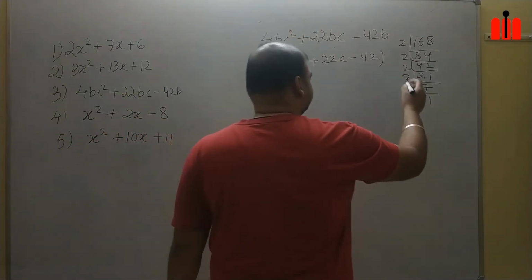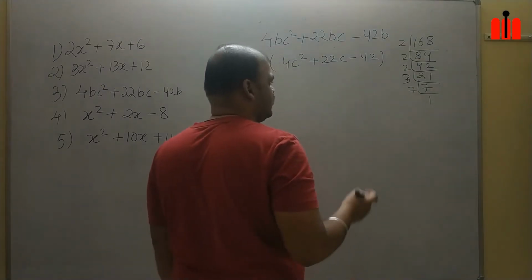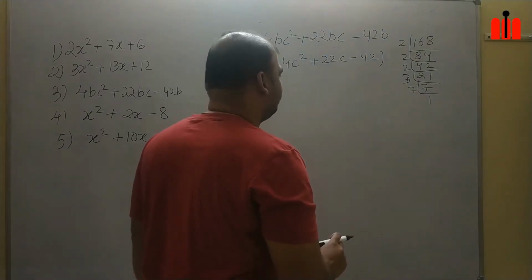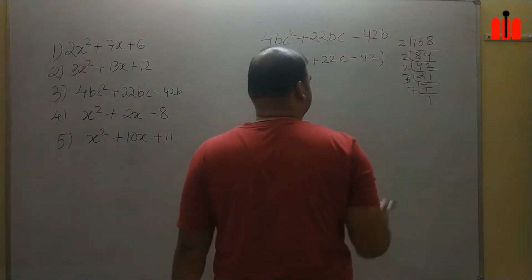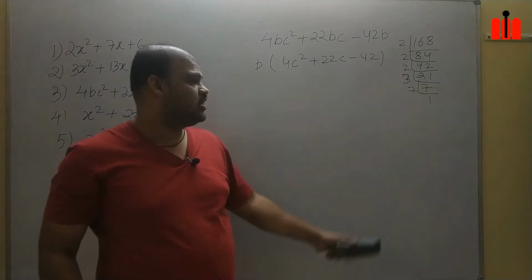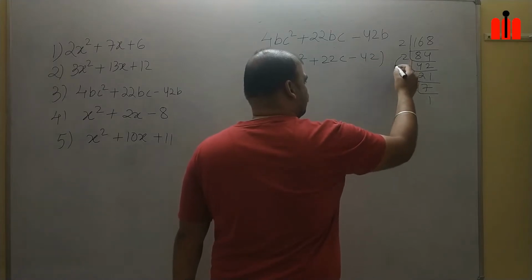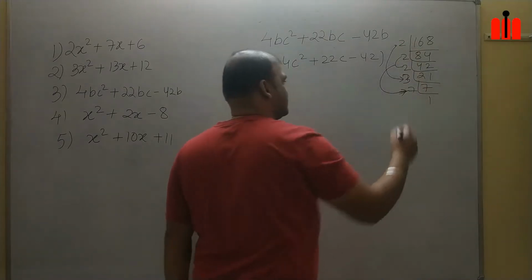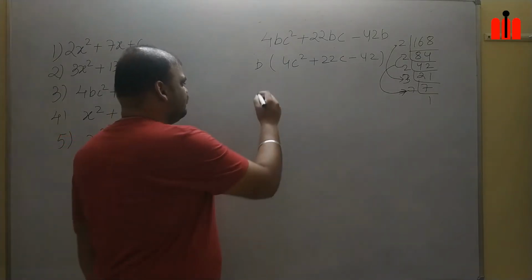So for that, first we will take 7 threes are 21, 21 and 8. It will not yield us anything. 3 eights are 24, 24 and 7. This will also not give anything. 7 fours are 28, 28 and 6. 4 means these two 2's, and this is 7. So 4 into 7 gives 28, and these remaining terms will give 6. So 28 and 6 will give us 22. 28 minus 6. So we will do that.